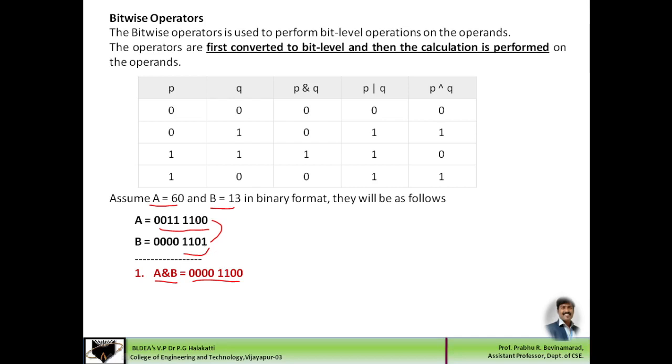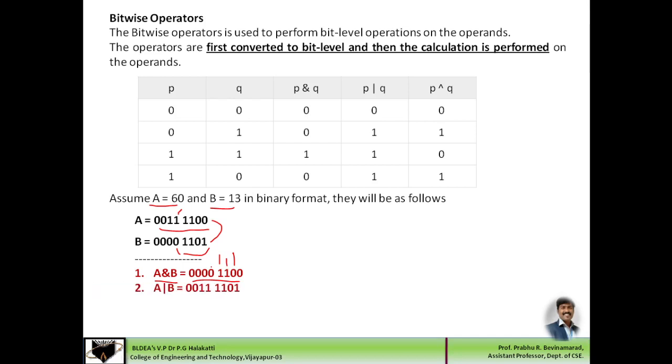Let us come to the second bit. Here we have a 0, here also we have a 0, therefore the result is 0. Here we have 1 1, so the result is 1. Here we have 1 1, so the result is 1 here. Here this particular bit is having 1, but this is having 0, so the result is 0. So in case of AND operation, to get a true value, both the operands should have the same value, that is a true value.